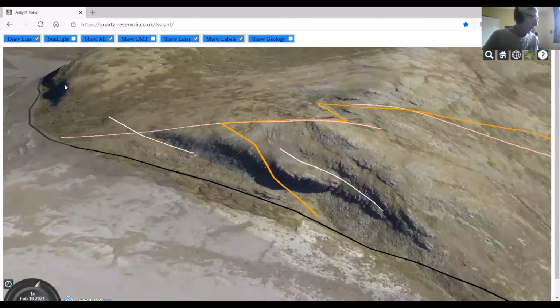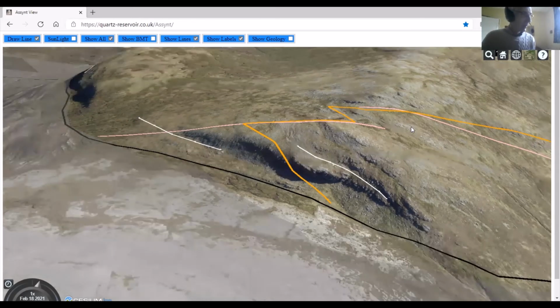For example, this outcrop over here, how is that connected here? If you're actually out in the field, you'd probably be just getting a bit lost in this peat bog, especially if it's a misty day with horizontal rain, which it may be in northwest Scotland. So these white lines can be viewed on the internet, and then they can be downloaded back into your mapping package or into a 3D model to improve the 3D geometry of the model of the area,